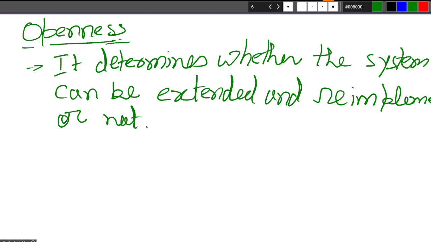Now, what does this extension mean, how can this extension of the system be done? One thing that you have to understand here, the word extension here is different from scalability. Later on, one of the challenges we will also see is scalability.